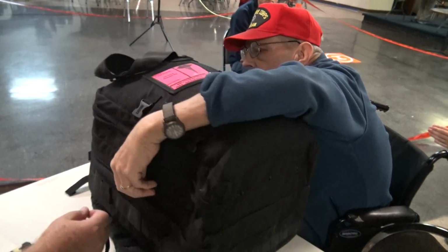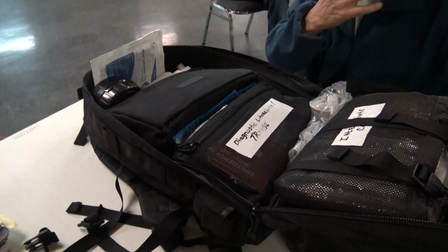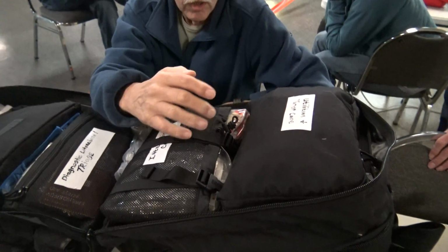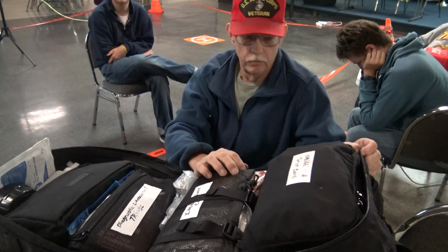Want me to drag this thing around? Okay, now I've got each of these packets labeled. This one is utilities and minor care. If you got cuts and you need Band-Aids or whatever,